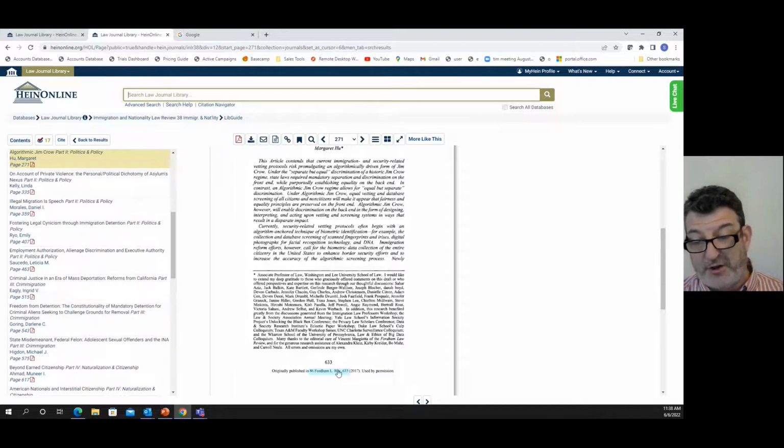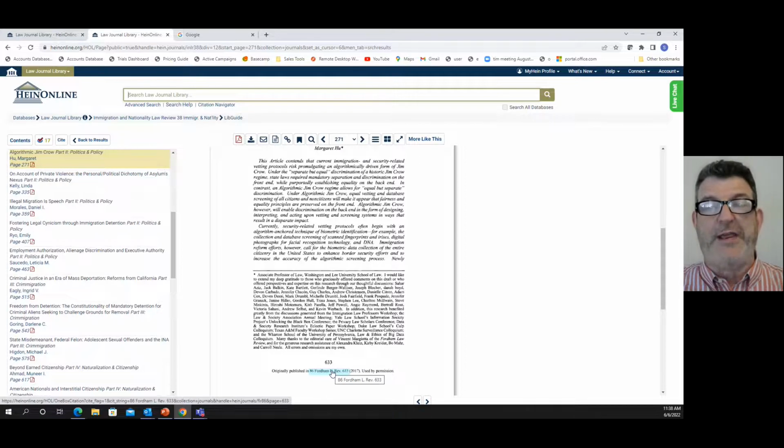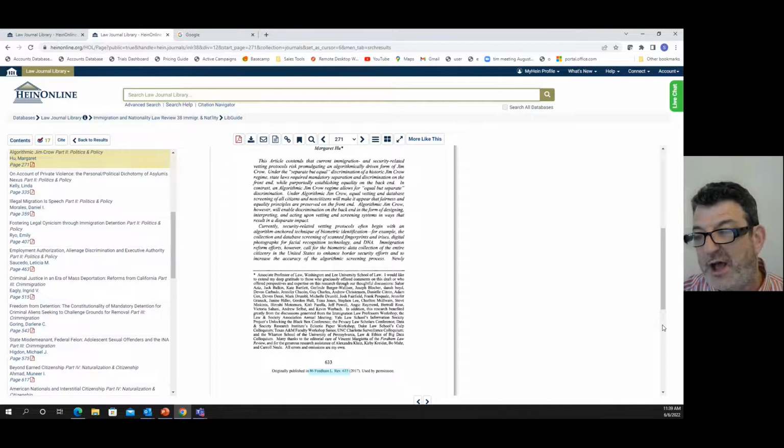For example, this Fordham article is cited in this article, and you can go right to that article by clicking on the blue hypertext link. So everything is meant to be integrated and at your fingertips when you're researching. And that includes government documents, it includes articles, includes any statutes that are mentioned in here, etc.